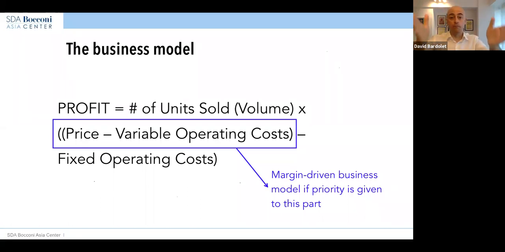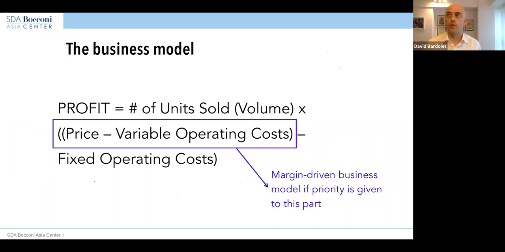So now you have two basic business models. A company that competes by trying to sell as many units as possible at a low margin, at a thin margin, and a company that tries to sell fewer units but at a better margin. And this separates companies in an industry very cleanly. Very cleanly. Now, some additional characteristics of these two business models, right? Because this is a choice that companies have to make. It's a very fundamental choice.